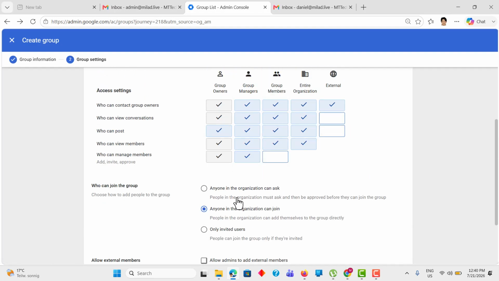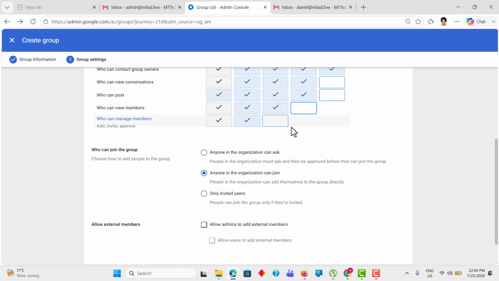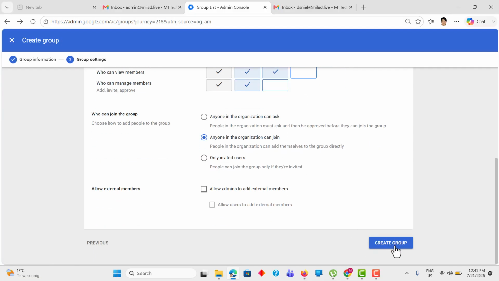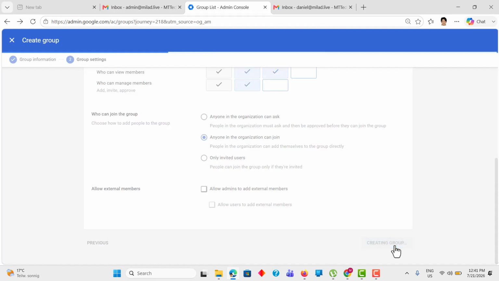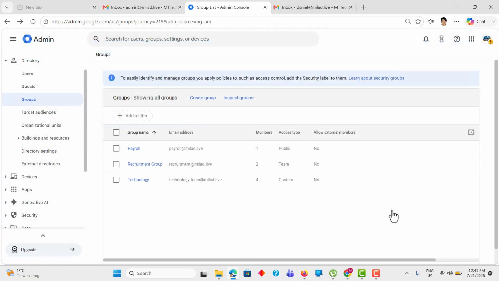As you already know and have enough information about. If you read all the access settings, you can understand them for the group owners, group managers, members, entire organization. For example, who can view members? I don't want to let the entire organization check the members. So just turn it off. The rest of the organization's members will not be able to check the members of this group. So create group, and it's done. And the group is right here,